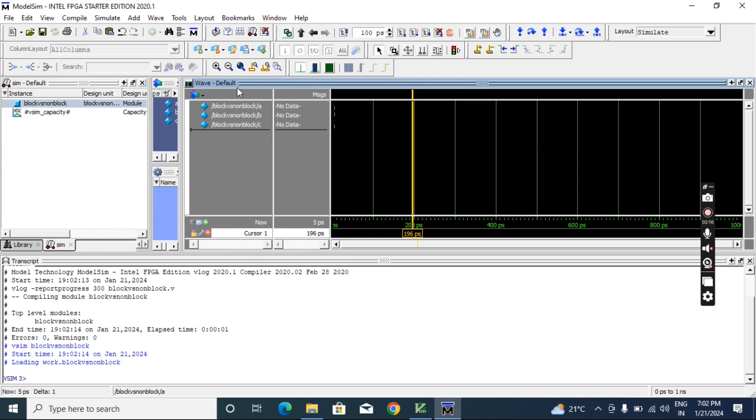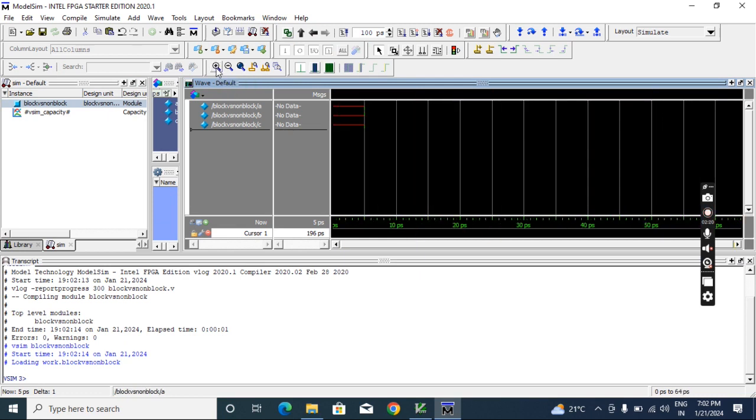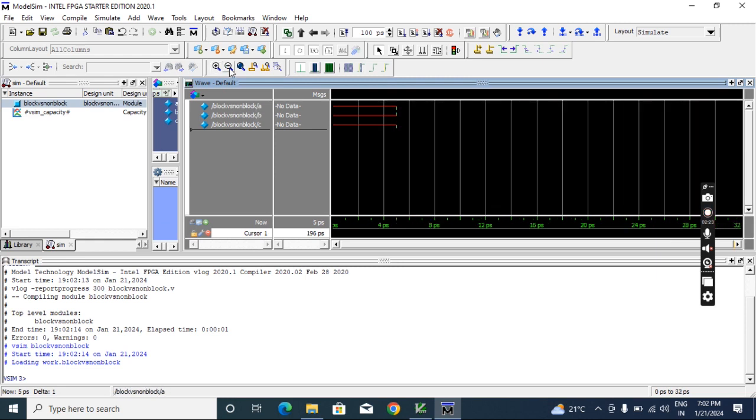We got output, so I will zoom it. To get this highlight this zoom button, the plus button, you have to click on screen wave once. Okay, then it will highlight. Then you can click plus. So see here,